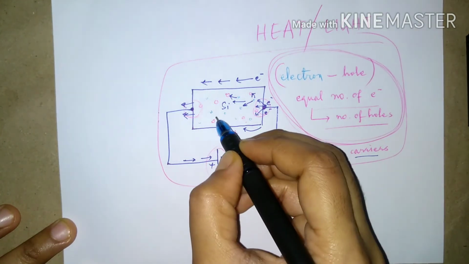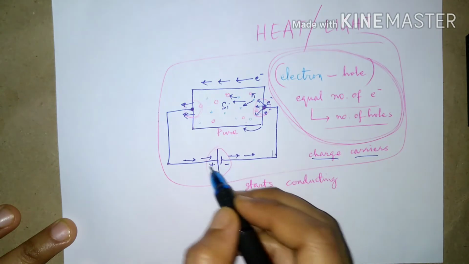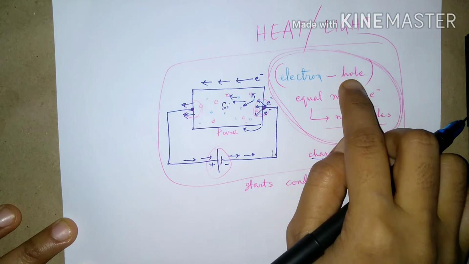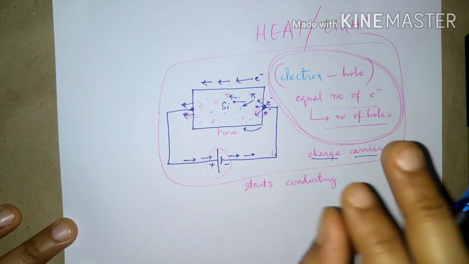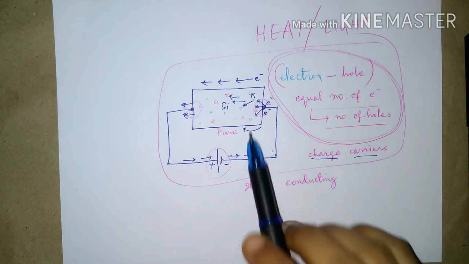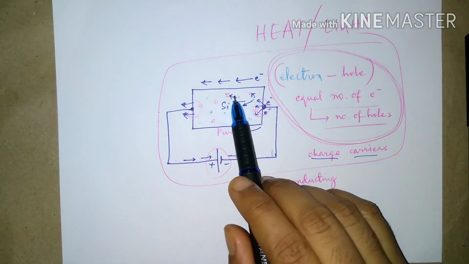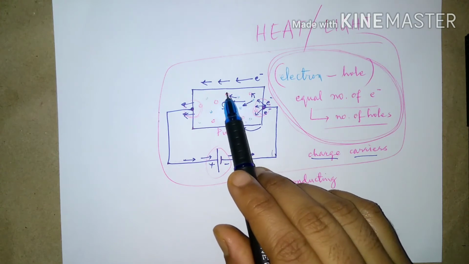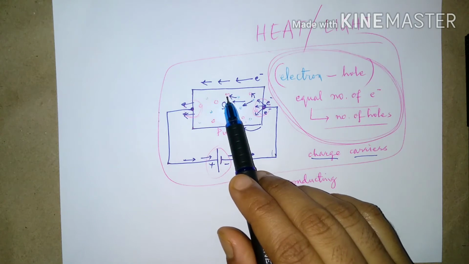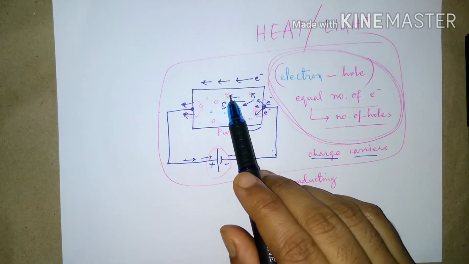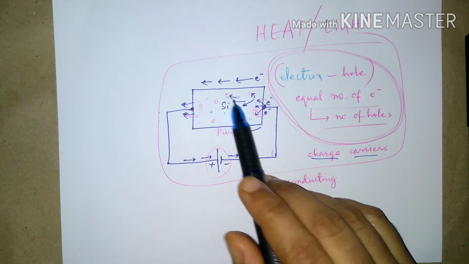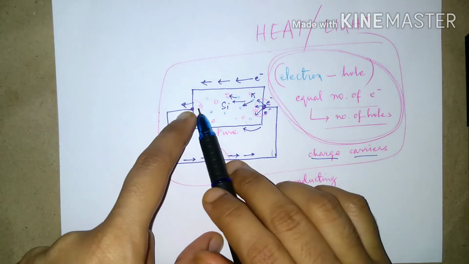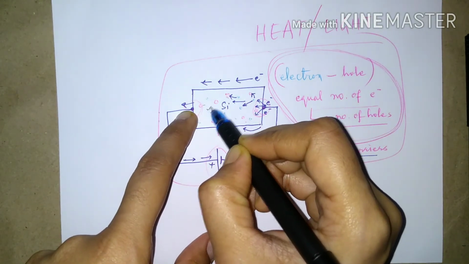Now if you take holes, if you think of a hole as an absence of electron, that means it has some positive influence, because this is a place where an electron gets attracted and sits into this hole. This electron gets attracted into this hole because it is positively charged, because before there used to be negative charge and now there is no negative charge, so it is positive. So this hole gets repelled by the positive terminal and tends to move towards this side.